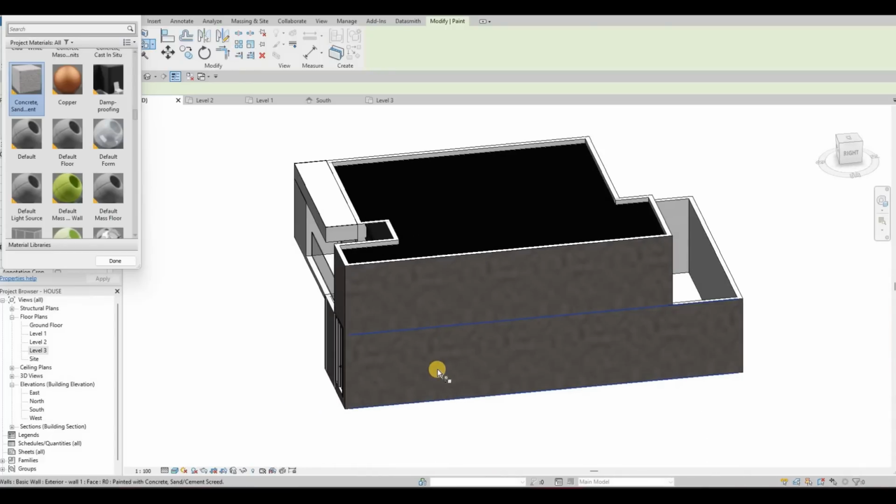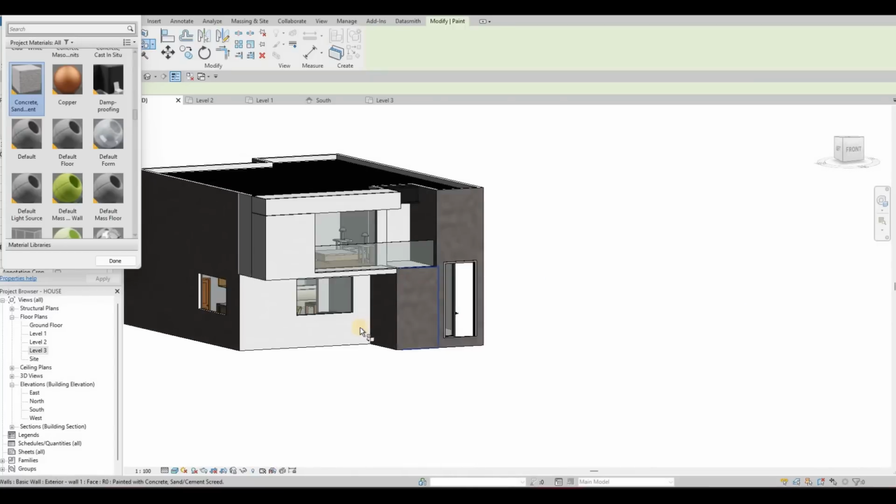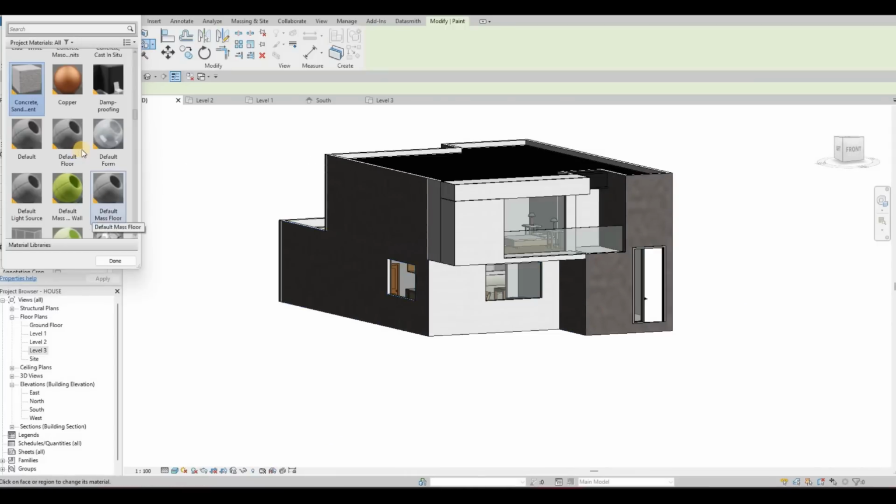Okay. And then just to change, this one should be, I want this one to be